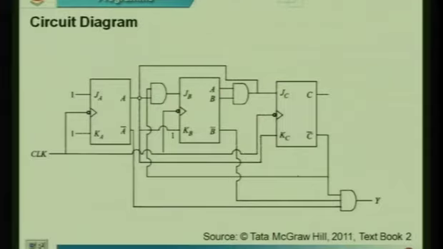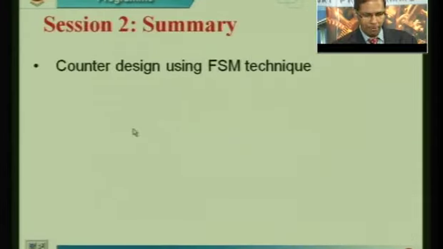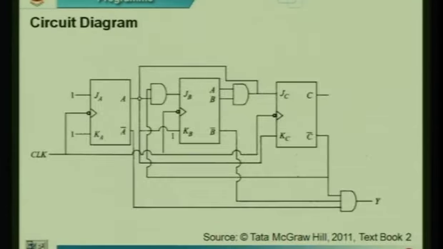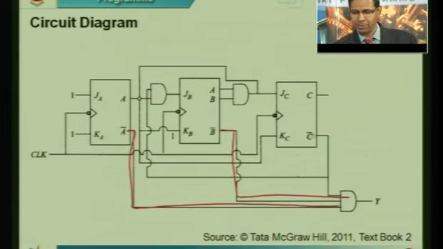So how to generate a carry out? I have to generate a carry out the moment all the outputs are 0. So if all the outputs are 0, what happens to the complement outputs? All the complement outputs would be 1. That is what we are doing here. So what we are doing here is we are taking the complement output of all the flip-flops. Okay, so we are taking A bar here, we are taking B bar, and then we are also taking C bar.